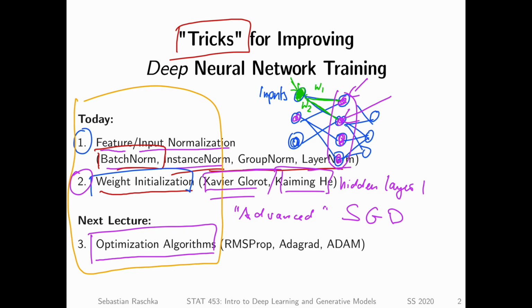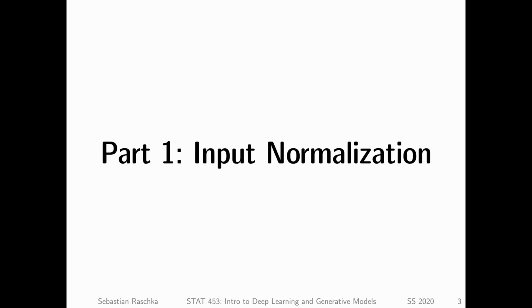By default, usually we use vanilla SGD, which has some advantages as an optimization algorithm. But there are studies showing that SGD can result in better generalization performance, but it's also a little bit trickier to train. So most of the time, what I use, or what most people use, is Adam. But again, I will cover this a little bit more in detail later. So before I get distracted on this singular slide here, let us really dive into part one, and then we can talk about one thing at a time.